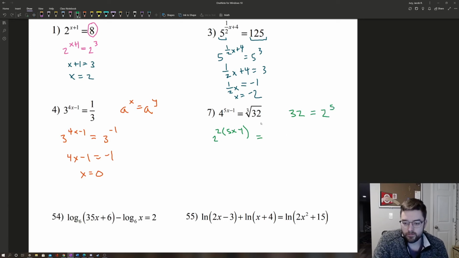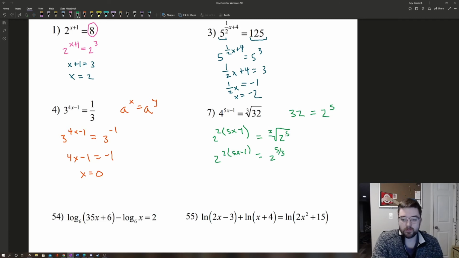So if I've got the cube root of 2 to the 5th under that radical, then this is actually 2 to the 2 times 5x minus 1 equal to 2 to the 5/3, because this cube root is a 1/3 power, and